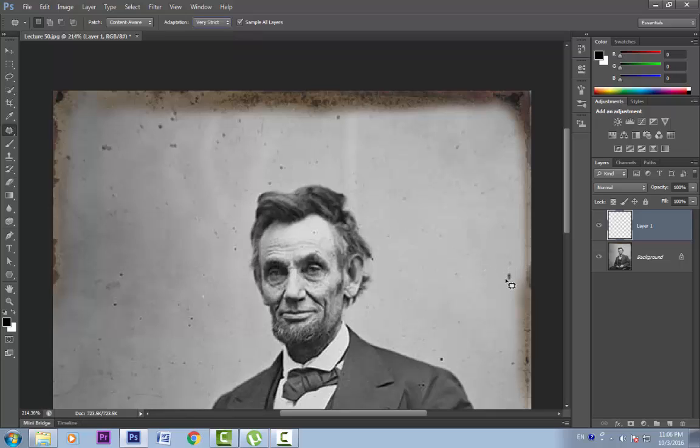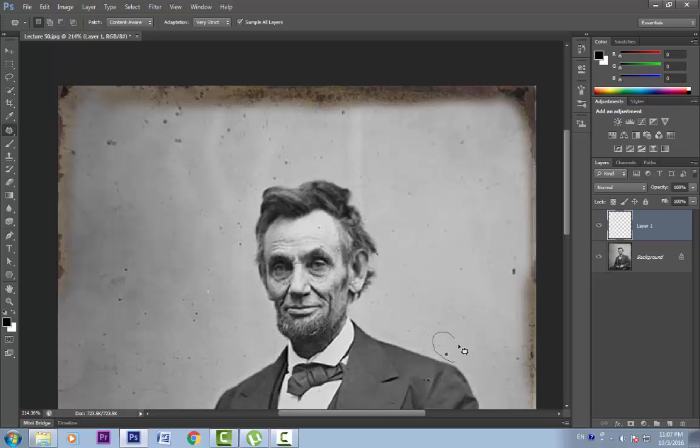Let's try and heal this spot. Let's make a selection and drag it to another location. Ctrl D to deselect. It has done a great job. Now if we set it to very loose and try to heal this spot, make a selection and move it to another place. Ctrl D to deselect.